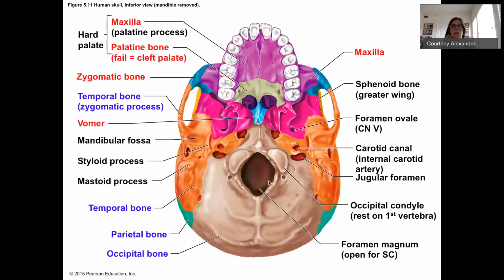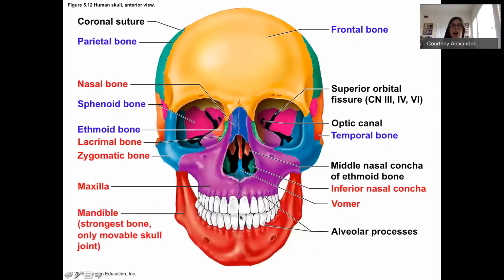Okay, now we're looking at the inferior view with the mandible removed. You can see some more of those facial bones shown in red, and again, the cranial bones in blue. And this is the most common view. This is the anterior view from straight on. We've got a frontal bone, parietal bone, you can see sesamoid and ethmoid. But what really comes into